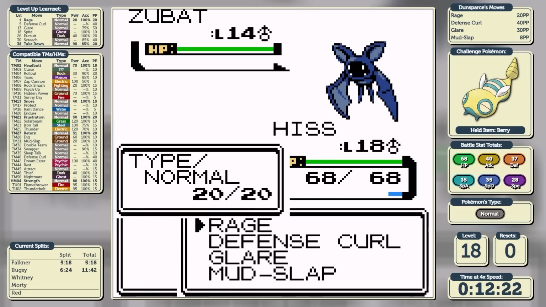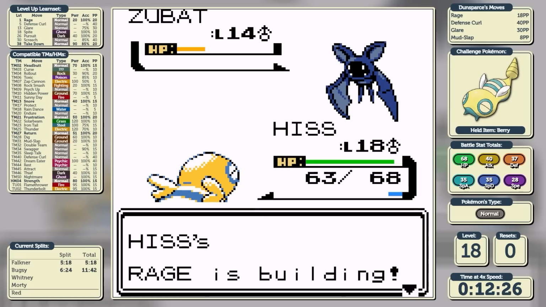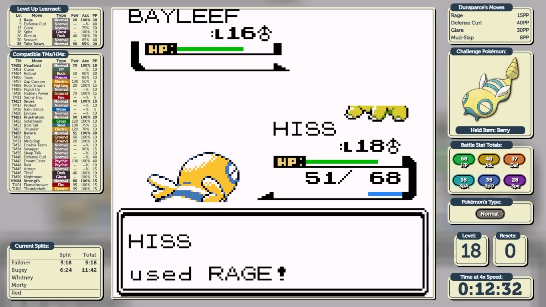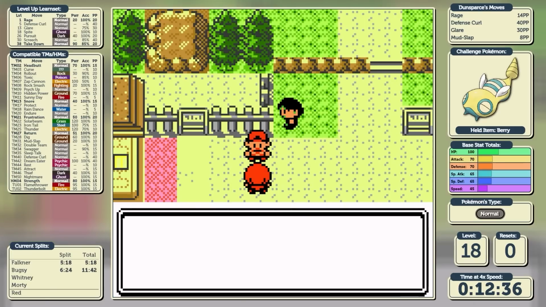We decline to learn Spite, the move that Gastly was spamming against us, and then we get confused against the Zubat. All the RNG is going the wrong way for us here, we keep getting the wrong coin flips. In addition to that, we've barely even built up Rage. It doesn't matter in the end though, because we do just scrape through on 51 HP, and we can move